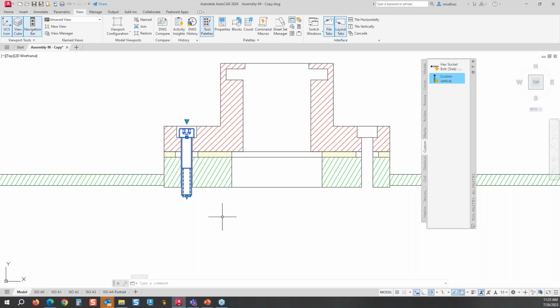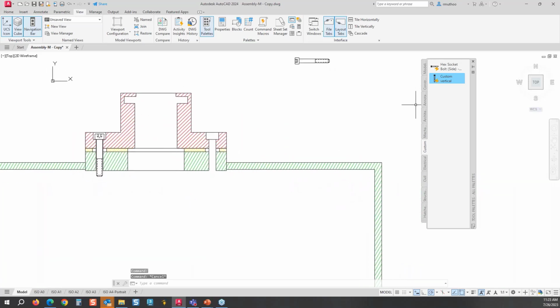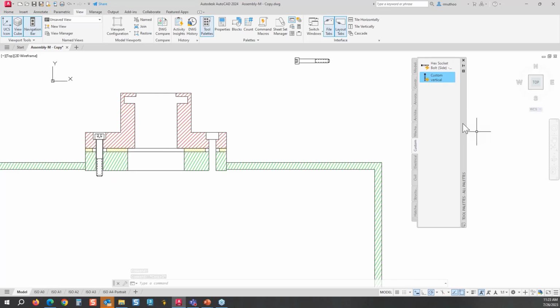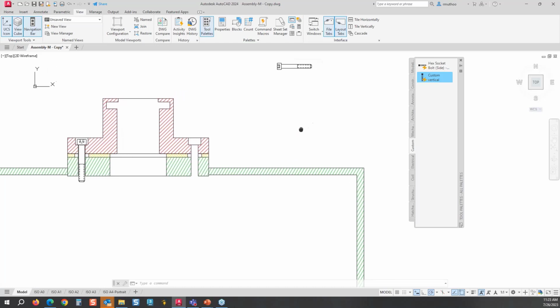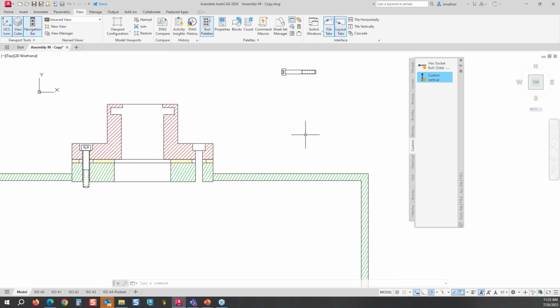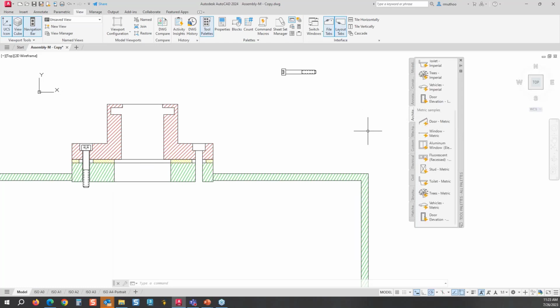So that is the list grip. So I can say escape and done. So this is what the dynamic blocks are and how we made the custom palette. Now I'll show you some other dynamic blocks and other kinds of grips that have been incorporated in those. So let me open the architectural